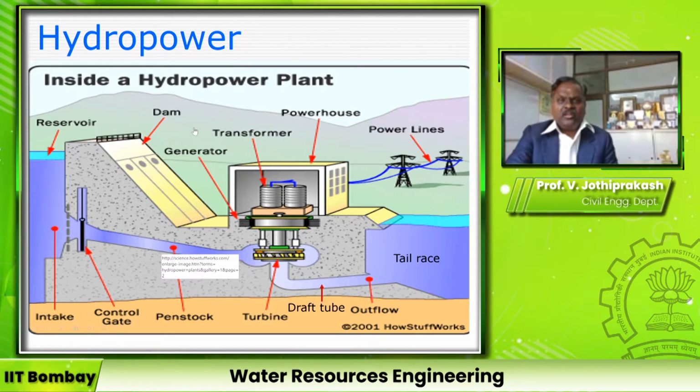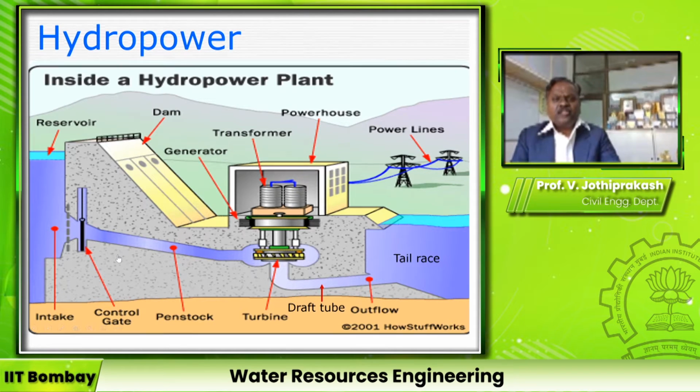So let us see what the components of a hydroelectric power plant are. There are two types of hydropower plant location. One is hydropower generation by incidental means. That means the water which is released for irrigation will go through the powerhouse, generate the power, and the same water is led into the canal or river for use in irrigation. That is incidental power producing hydroelectric power plants.